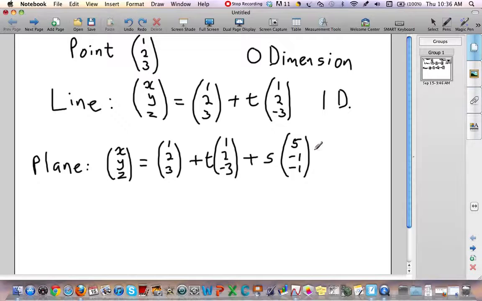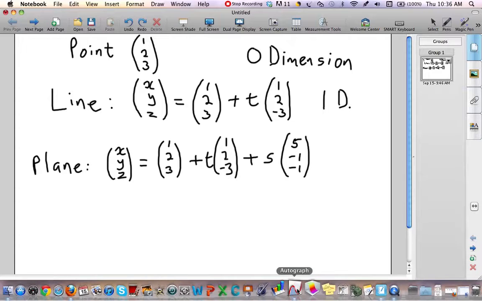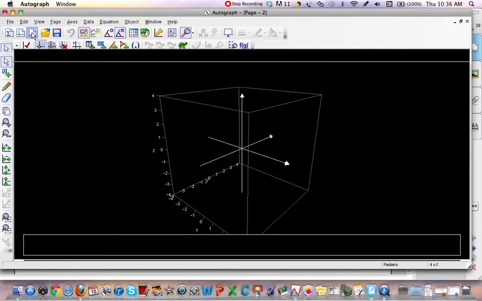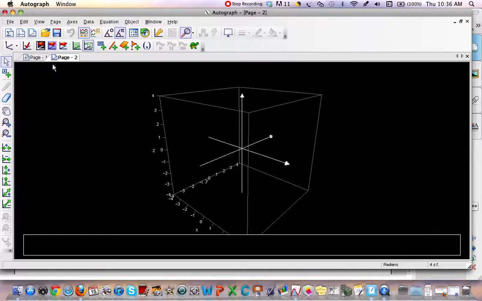What I'm going to do now is show you what this looks like using Autograph. And so I'm going to open up Autograph. I'm going to open up a set of 3D axes, and so we've got length, width, depth, or length, width, height, either way you want to look at it. I'll just change the